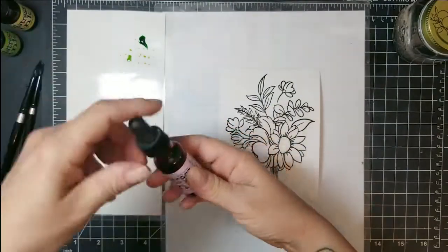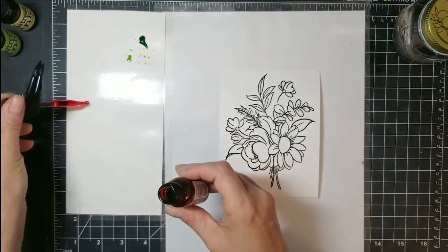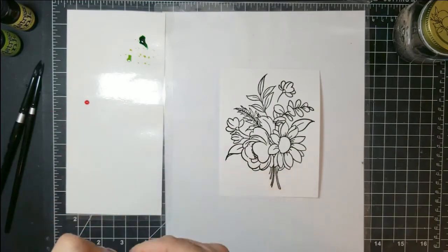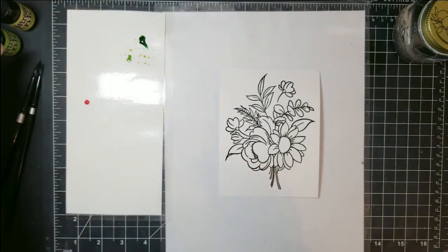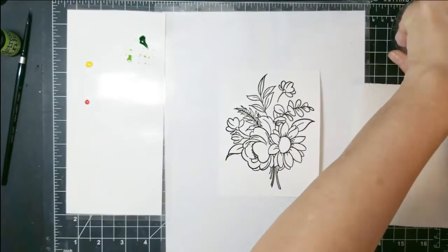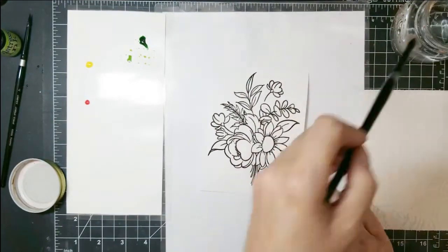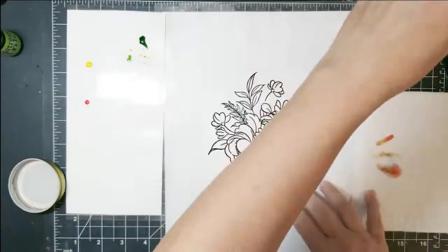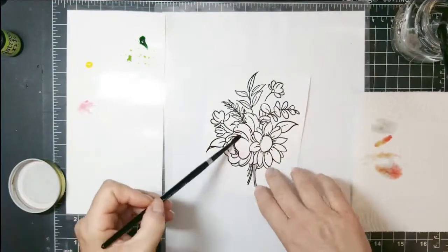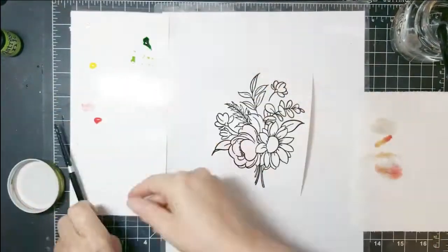Now here you can use any medium. You can use the pads themselves, you can use oxides, you can use watercolor, you can use really anything here. You can use Tombows, Arteza, regular watercolors, whatever you want. So what I'm using here, I chose to use the re-anchors. Now I'm wetting my panel. I'm using my silver brushes, and I'm wetting the panel big time, like really wet it down pretty good,